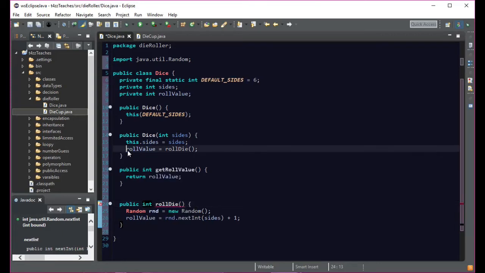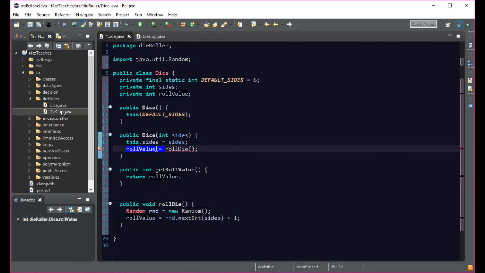Oh, yeah, I'm silly. It's because this is expecting, because we're saying roll value equals what's in here. So actually this is void, because it has access to these variables without passing anything, but we do not need this roll value here. So now what this is going to do is when we generate a dice, it's going to say, okay, this is how many sides it is. It's going to roll that dice, and it's going to assign into roll value the number between 1 and the number of sides. All right, so that's actually, believe it or not, all we need for our die, I believe,